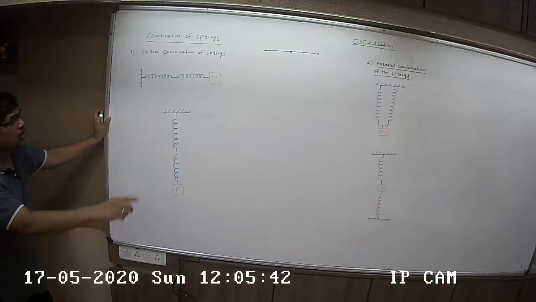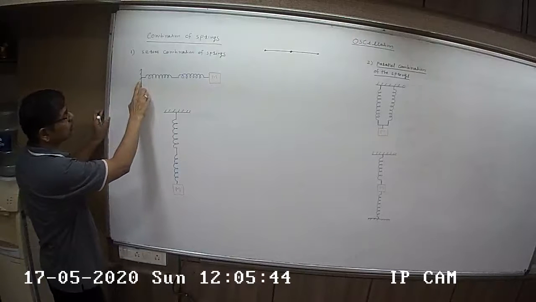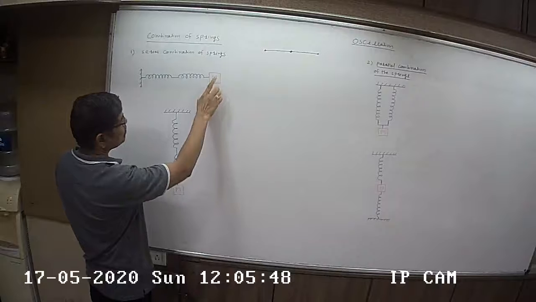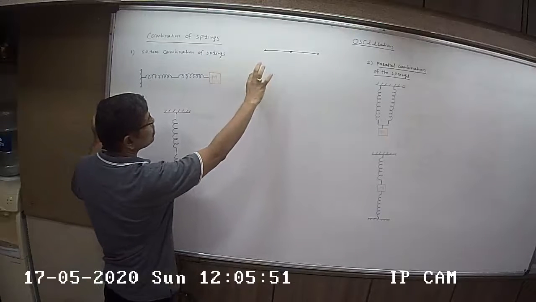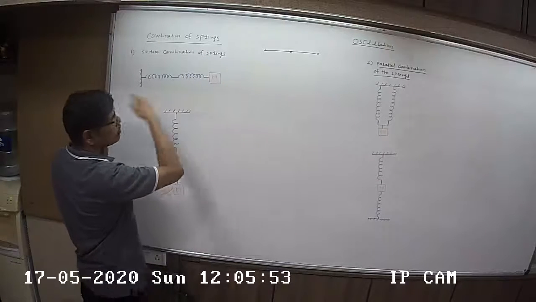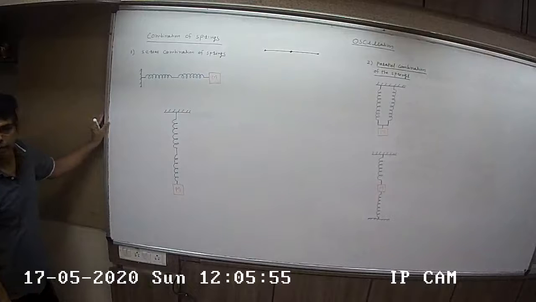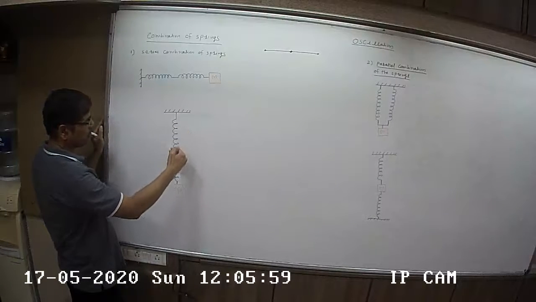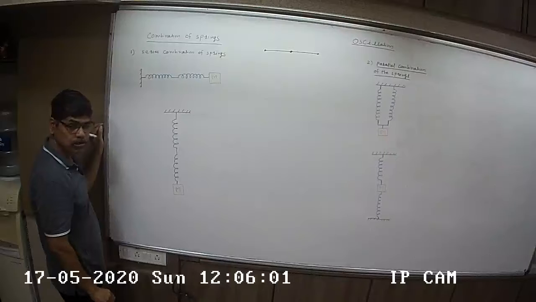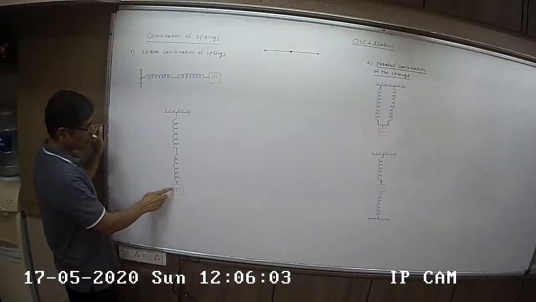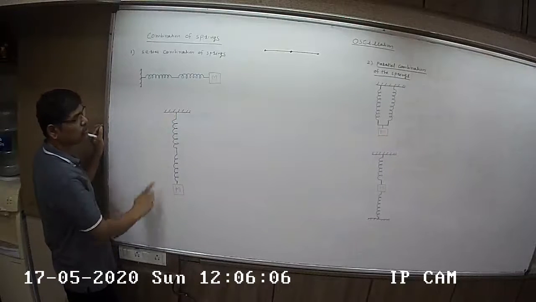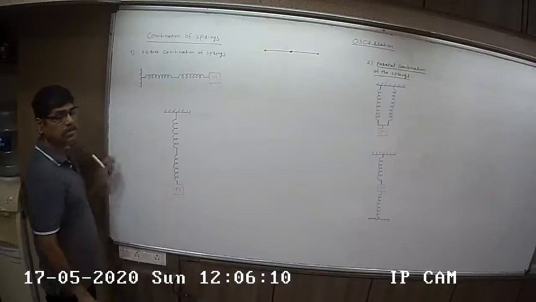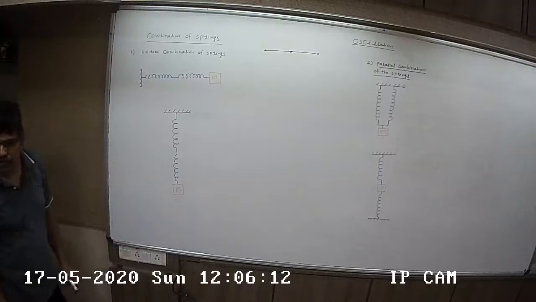One spring is attached to a support, and to the final spring the block of mass is attached. If you stretch this block a little and release it, the combination will perform linear SHM. Or you can arrange it in the vertical direction. Look, they are connected one after the other. I have shown the combination of two springs here. This is the block attached to the final spring, and it is connected to the support. Stretch it and release it, and it performs linear SHM. Agree with me?